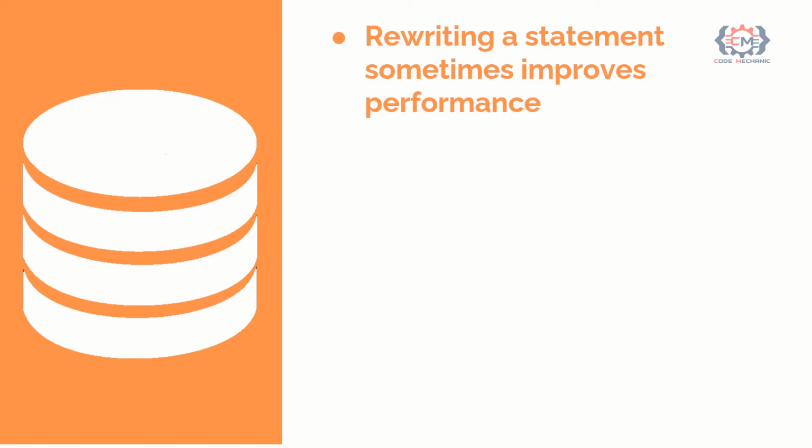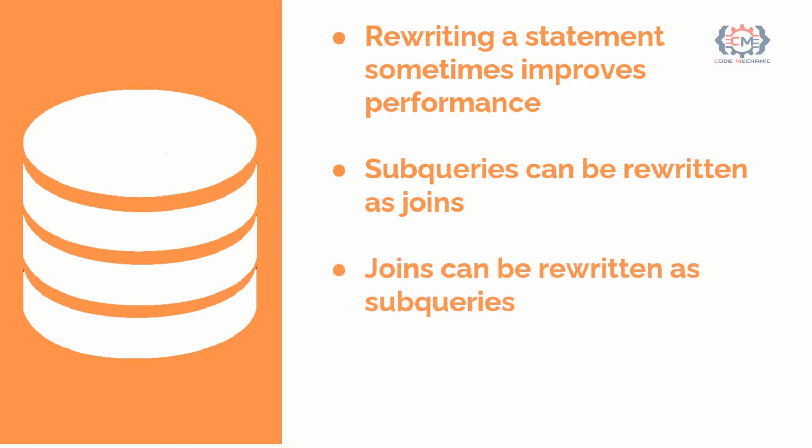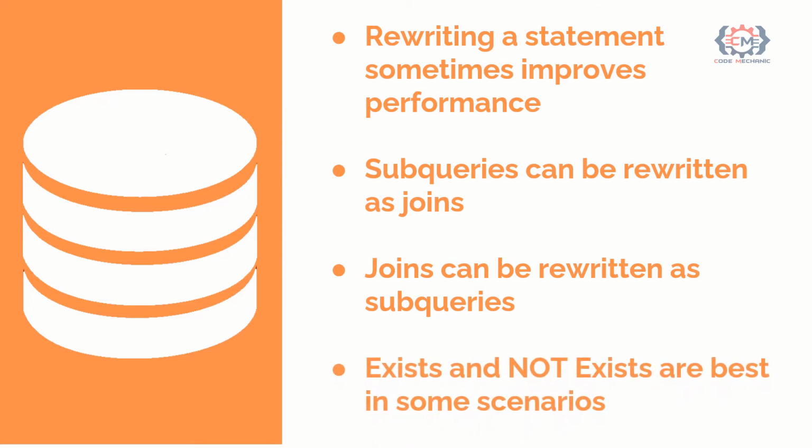The main point of the two queries we just looked at, though, is that one way to improve the performance of a SQL statement is to rewrite the statement in a different way. A subquery can be written as a join, or you might change a join to a subquery. And as we just showed, sometimes using the WHERE EXISTS or WHERE NOT EXISTS clause can improve a plan, because SQL Server can satisfy the condition with any record that matches the condition, instead of having to read all matching records from a table. So keep these options in mind when you tune your SQL statements.